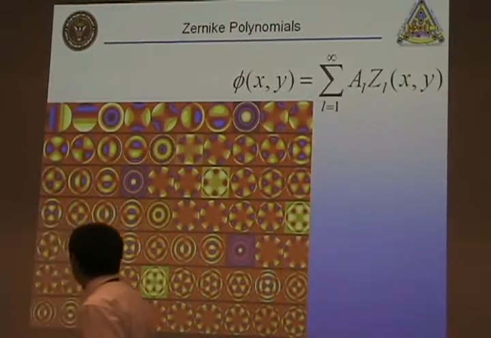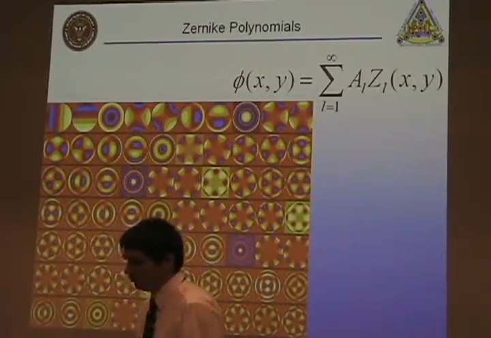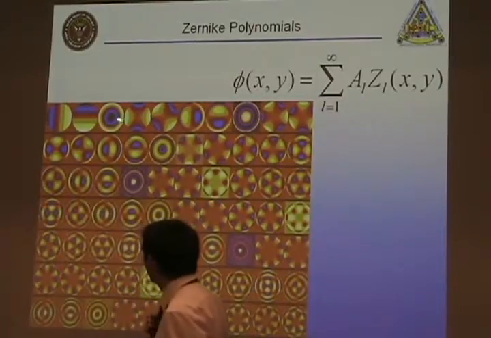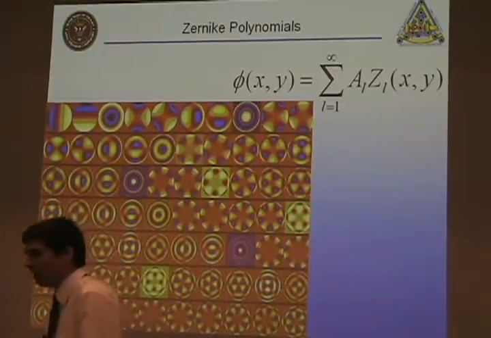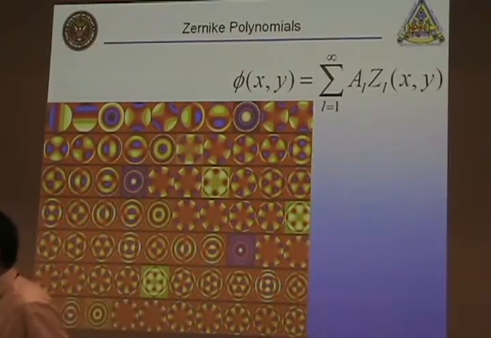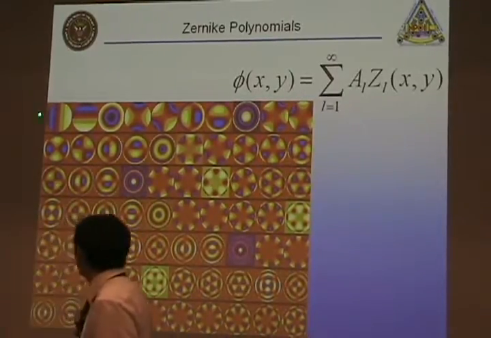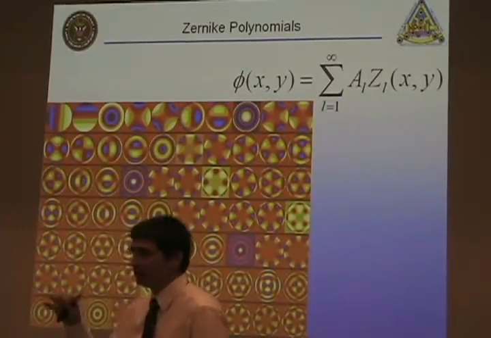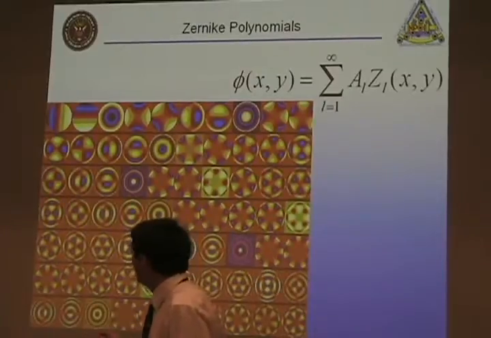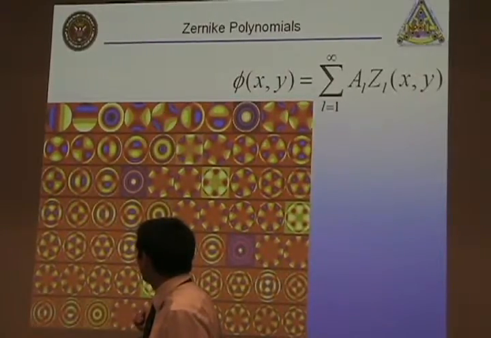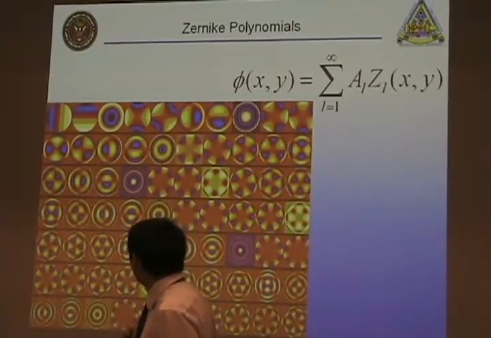Right? And they're basically the ones shown here. The first few you can think of as Seidel aberrations, or aberrations that most people can think of. The first two are tip and tilt, so tilt on one axis and tilt on the other. And this is defocus. And then you get astigmatism in one direction, astigmatism at 45, and then coma,